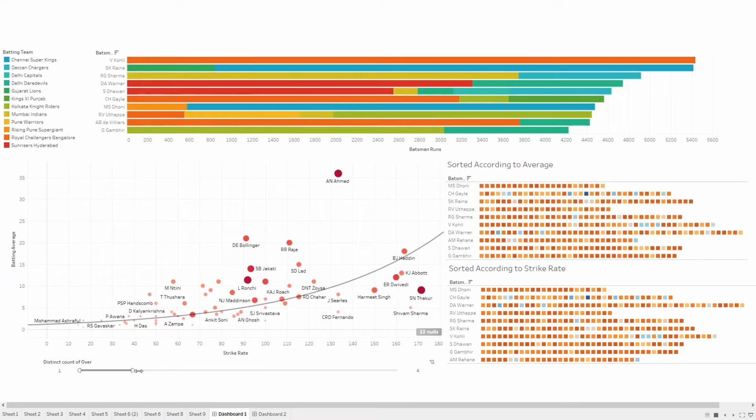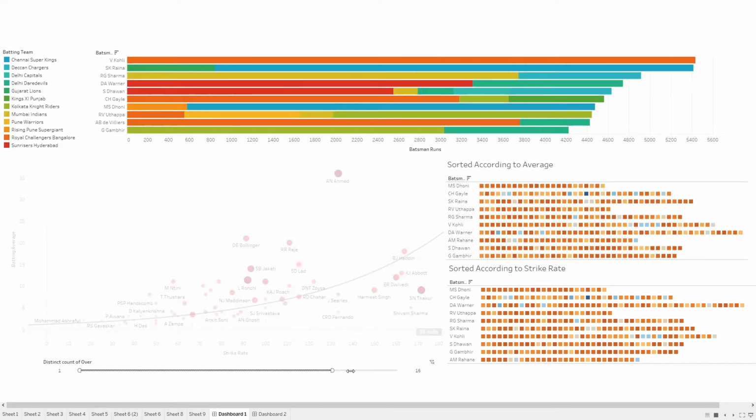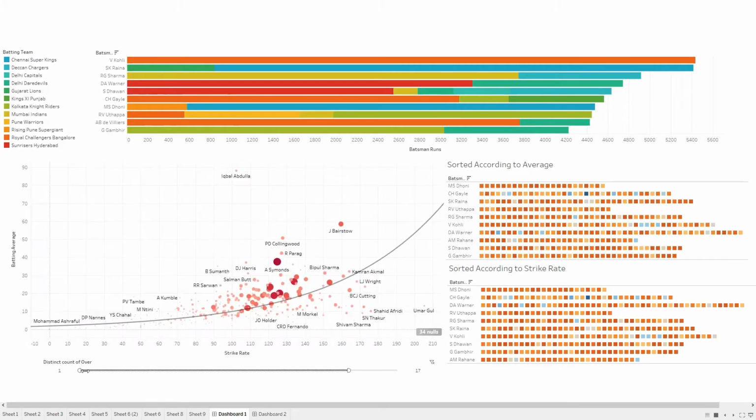Then in the middle overs, you can see Andrew Symonds, Morkel, Johnny Bairstow, and here the strike rate comes close to 130 and the average slightly increases from 20 to 25 and 30 runs.